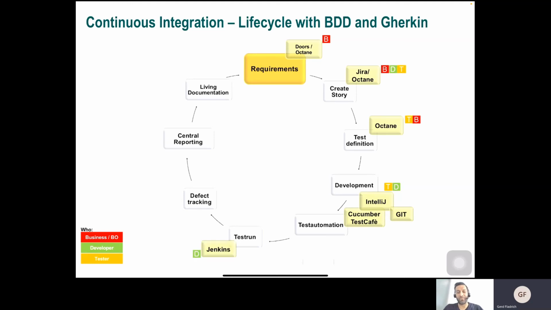Yes, no problem. When you did the test automation, then you can plan the test runs. Usually, you are using Jenkins, where you create some jobs to run the automated tests. This is also usually done by the developers, but it can also be done by a quality engineer for sure.